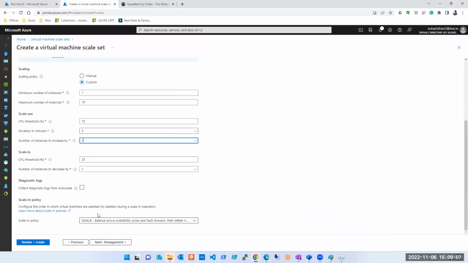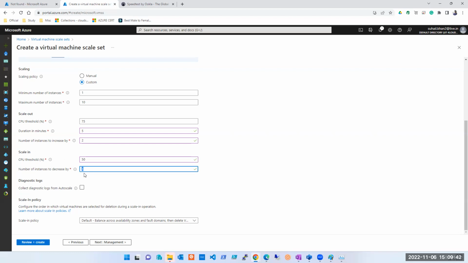So for that, we have a criteria where I'm selecting that if CPU threshold goes beyond 50%, okay, then it should decrease. And it's not necessary. By the way, here we do not have that number. CPU threshold अगर 50 से नीचे हो जाता है and it stays for 5 minutes, and you don't have to declare it here again like we have here. So if CPU threshold goes below 50, so it should decrease.